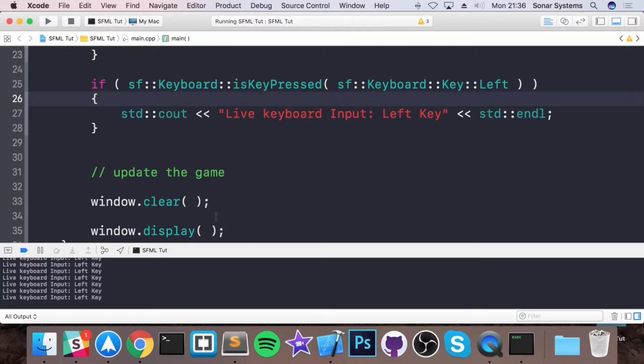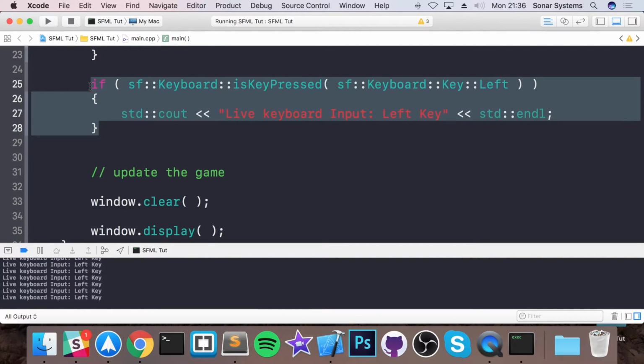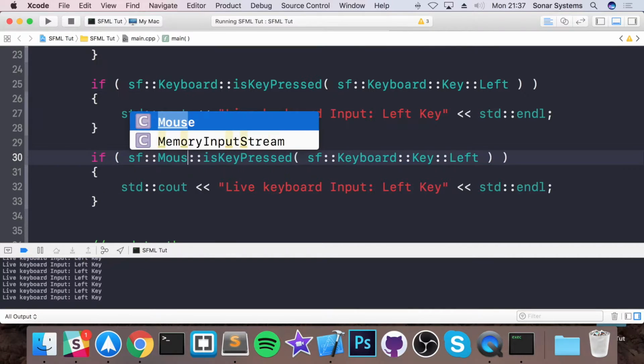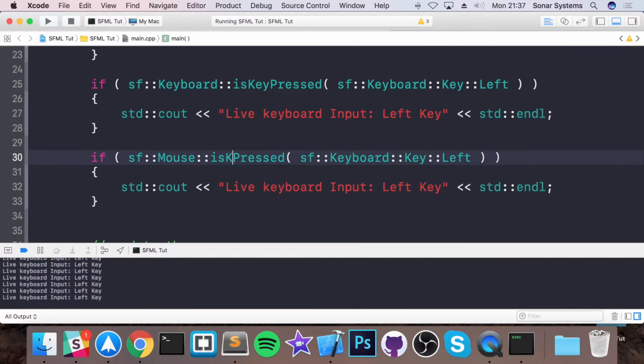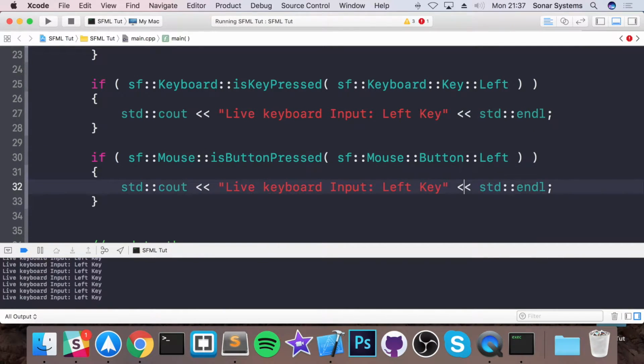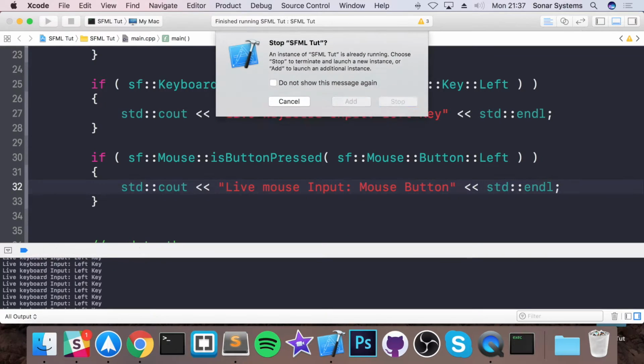What about mouse? Pretty simple. All we can do is copy and paste this, change this to mouse, change this to button, and instead of passing in a keyboard key, we're going to pass in a mouse button like so. And I'm going to say live mouse input, and I'm going to say mouse button. So if I run this now,